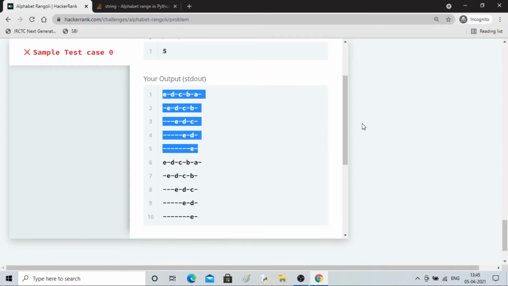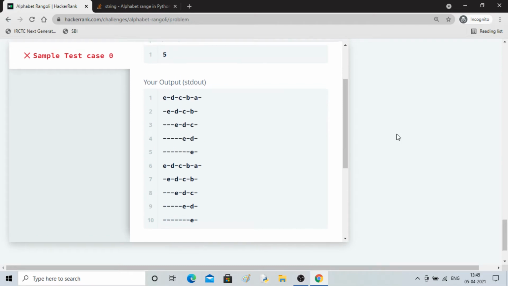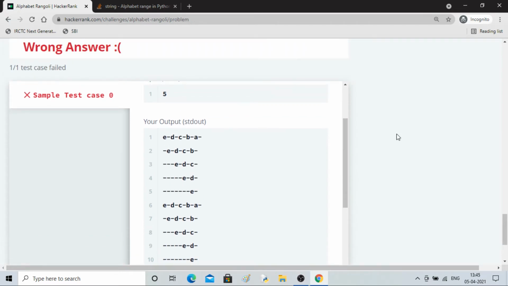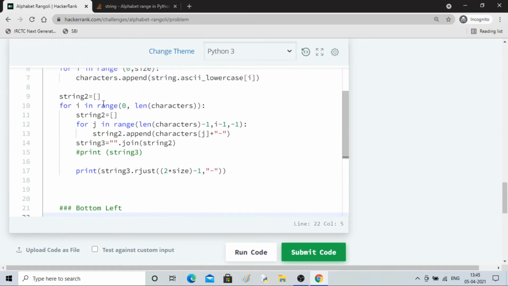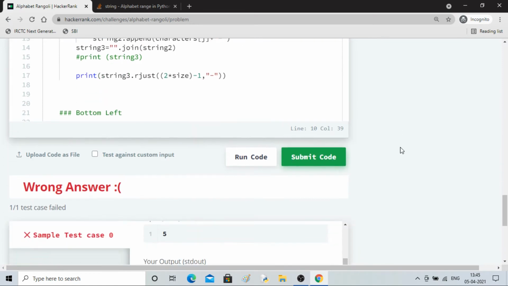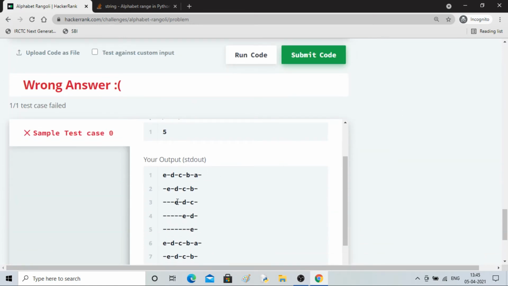Now we have to invert this. Inversion we want. So this has to be between 0 to length only, because 1 2 3 4 5 we have to go with.